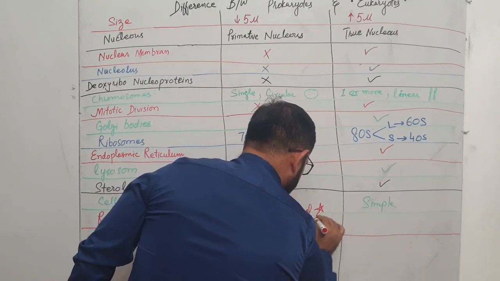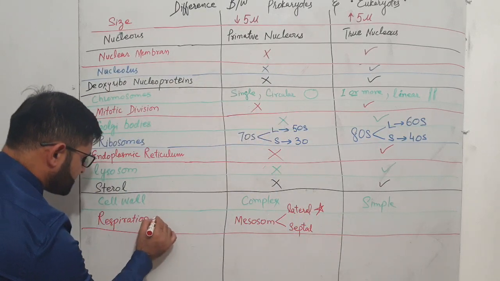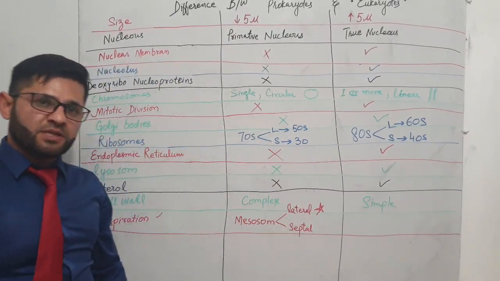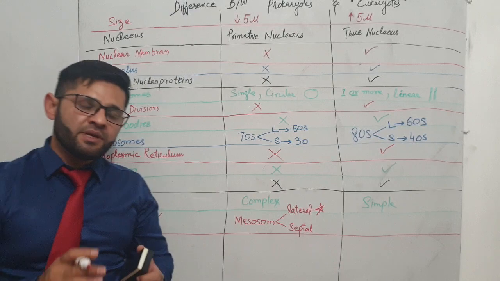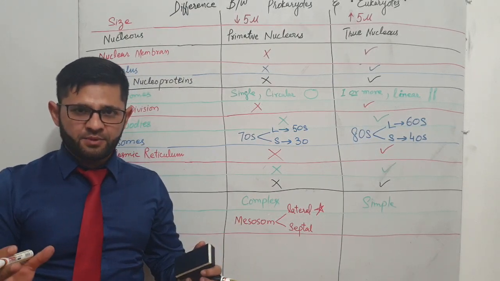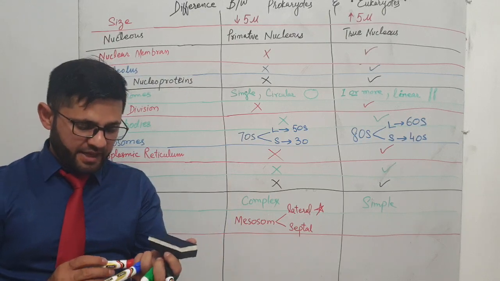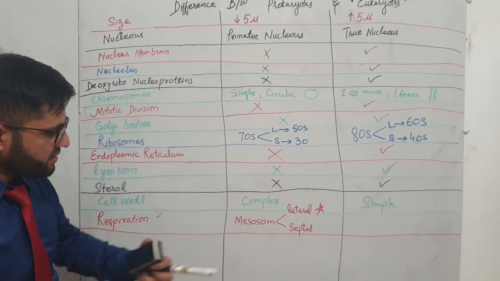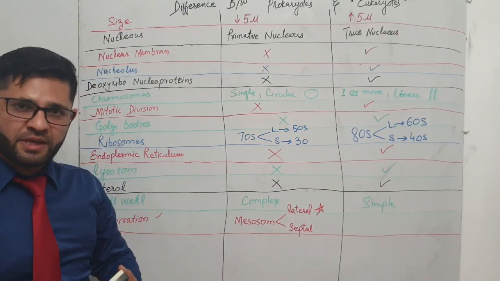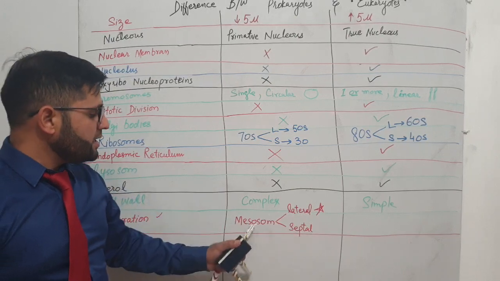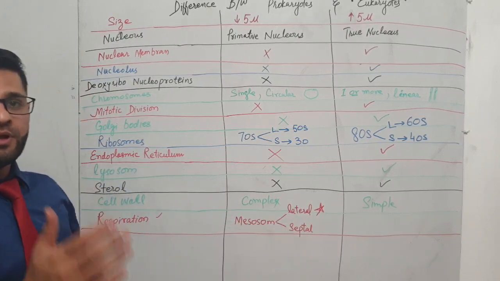Especially the lateral mesosome is responsible for the respiration process, while the septal mesosome is responsible during cell division. It first divides the genetic material of the prokaryotic cell and then helps in binary fission. Division time, the septal mesosome is helping, while at energy production time only the lateral mesosome is helping in the production